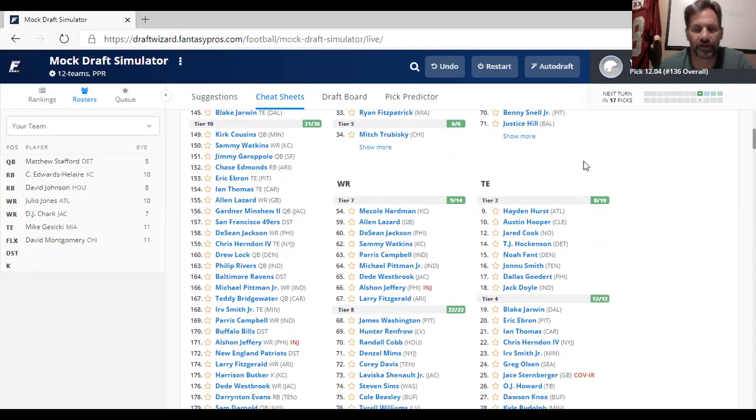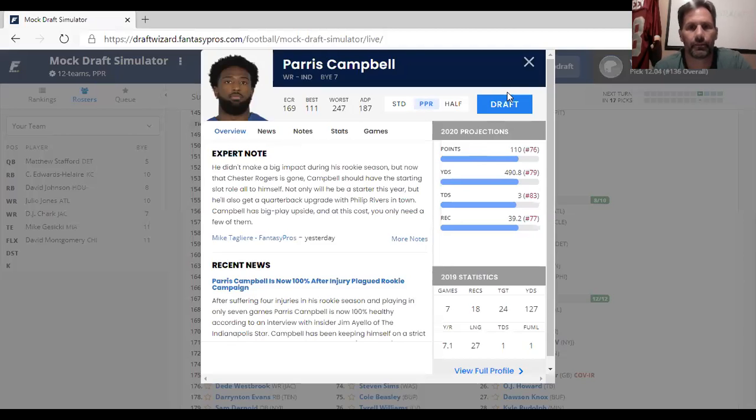And we see Alshon Jeffries down there with the injury icon next to him. Now, all that means is that our pick, Jalen Reagor, is even that much more valuable. Now, here's a pick that I like here. Paris Campbell.